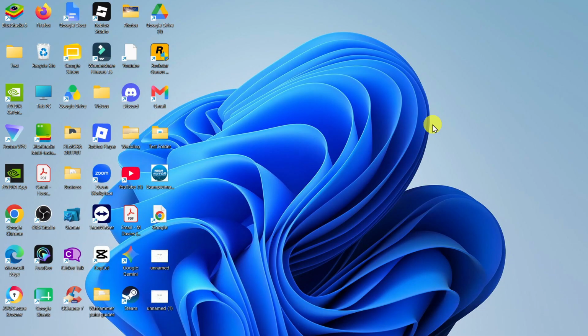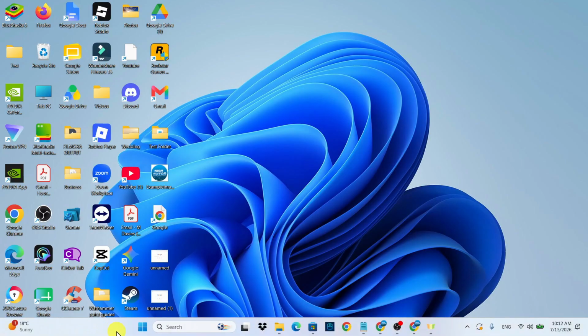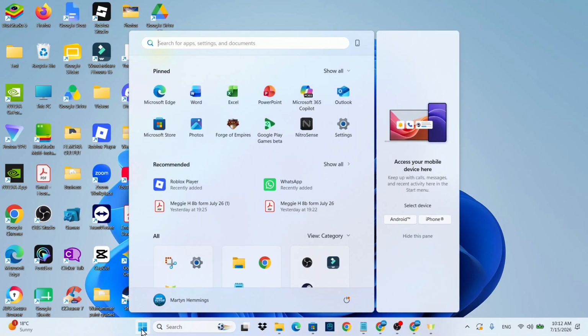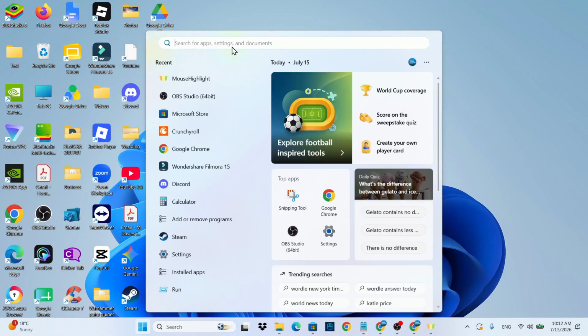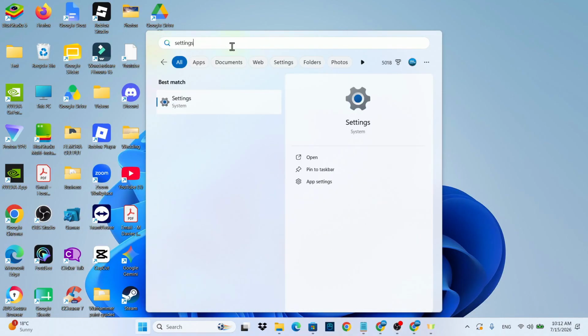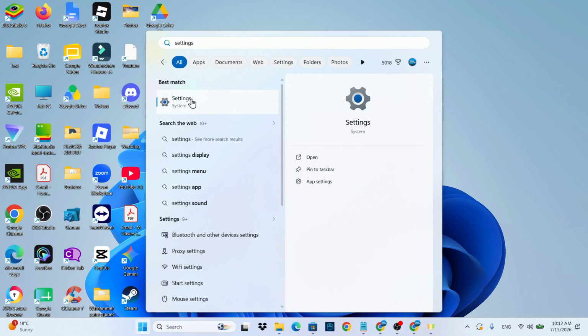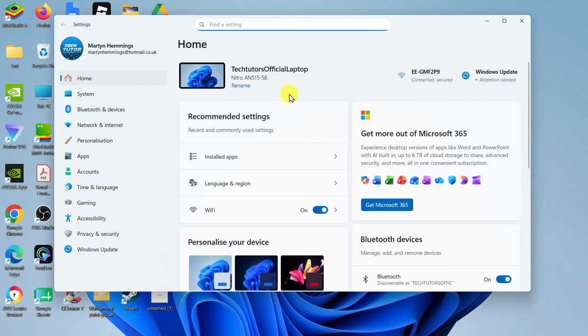To get started from your desktop, what you want to do is click onto your Windows Start icon in your taskbar at the bottom. From here, you want to click onto Settings. If you don't see that here, use the search box and type Settings, and then open up Settings underneath Best Match. Now, once you have your settings opened, come over to the menu on the left-hand side and click onto